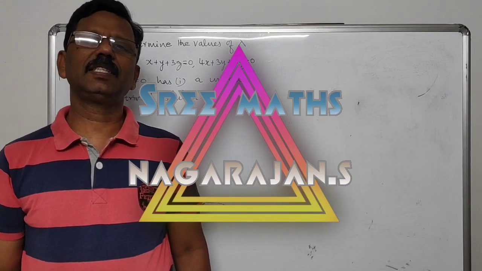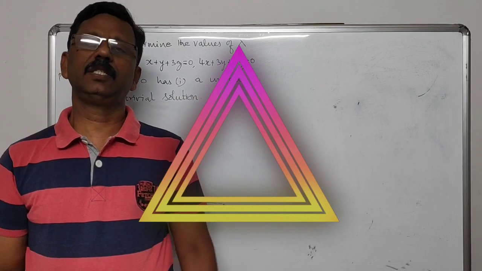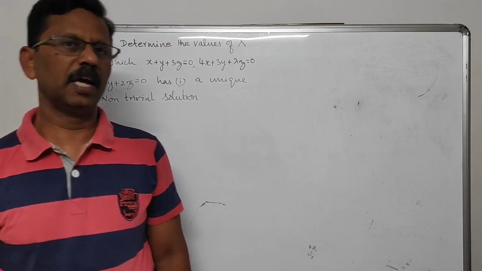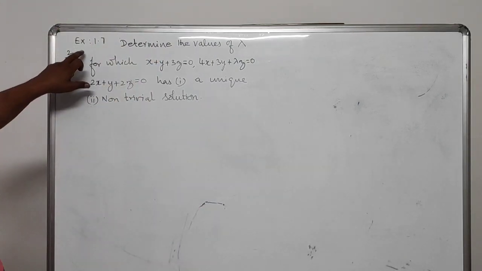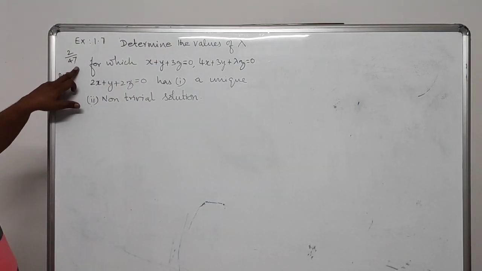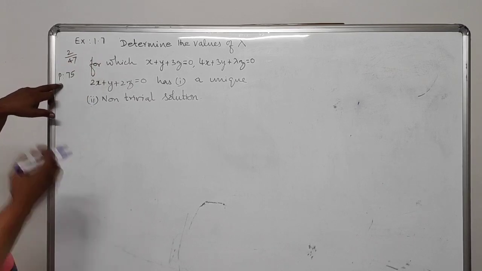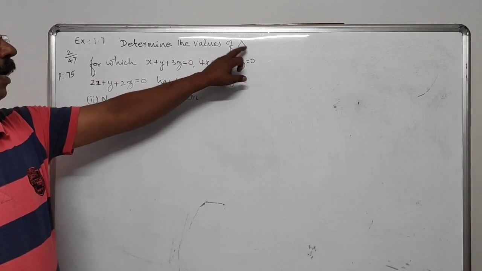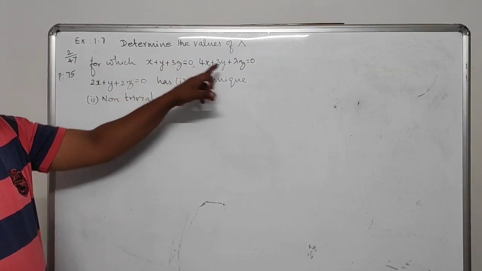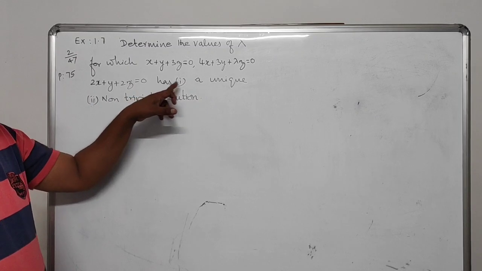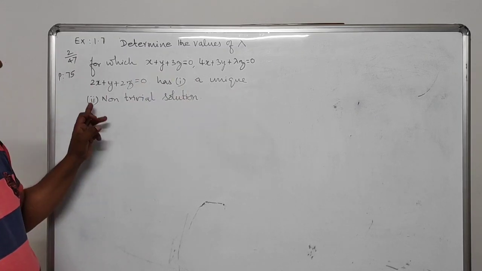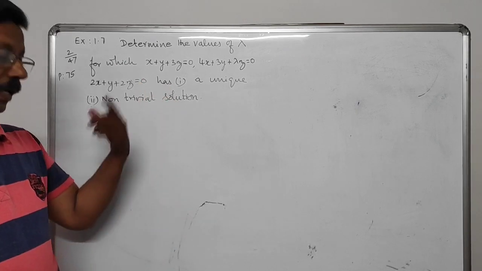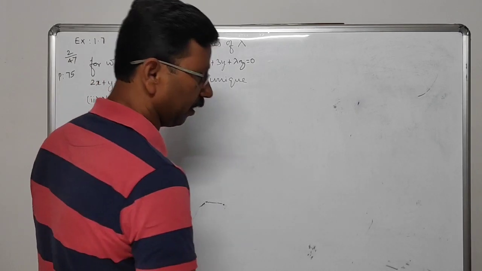Students, in the previous class we have seen the consistency of the system of homogeneous equations. The same thing will continue today also. See here, question number 2 given at page number 47 of exercise 1.7. In our materials, problem is 75. Determine the values of lambda for which this system of three equations has, first, a unique solution, then second, one non-trivial solution. These type of problems we have seen in finding the consistency of